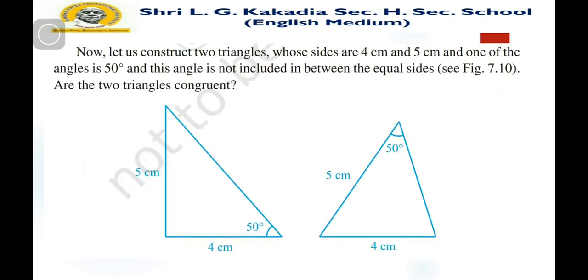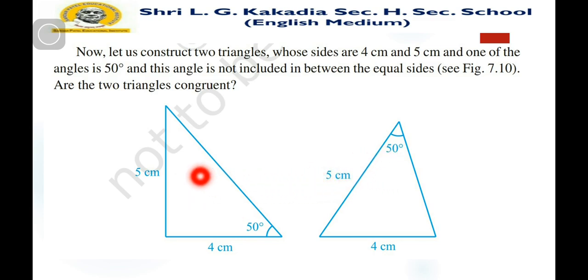Now one more thing: we take two sides equal and one angle, but we do not include this angle between these two sides. Here we have taken two sides and an angle outside of these sides. If the angle is not included between the two equal sides, then the triangles are not congruent. So the angle must be included between these two sides. So SSA or ASS congruence rule is not possible, because you can see that these two figures are not equal.